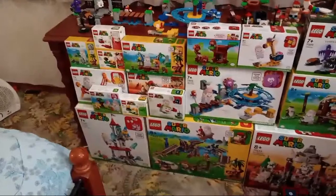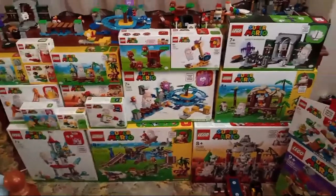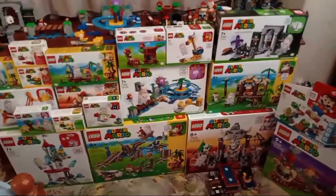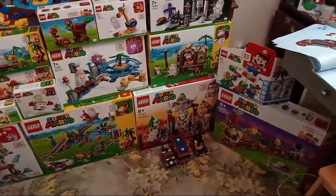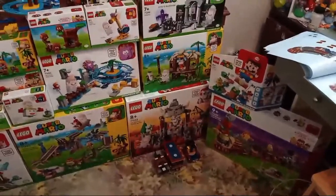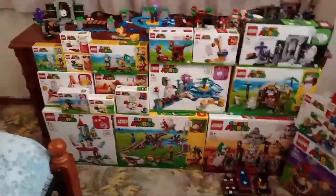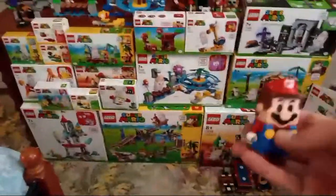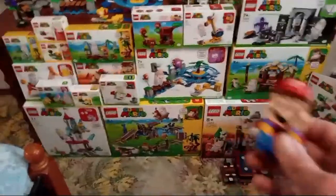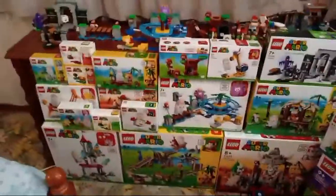Those are all the current Mario Lego sets that I've built. There's a lot of Lego there. It doesn't help that there's so many different Mario sets as well. And I've only got Mario. I don't have Luigi or Peach. It's just Mario. But yeah,